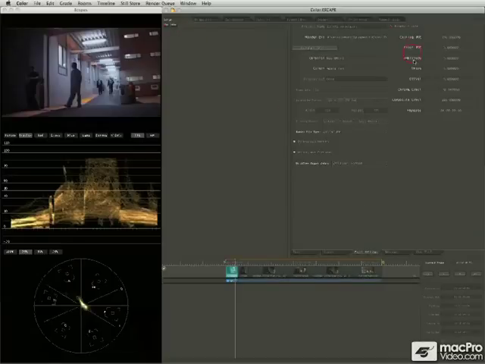And then finally on the right here, the Broadcast Safe setting. This is nice that this is a global control that applies to your entire project. Broadcast Safe, when it's turned on, will prevent you from ever creating illegal values. So, for example, the white lights in this could be completely overexposed, but the Broadcast Safe setting will prevent you from ever having overexposed or extra chroma information in your image, which would be illegal to broadcast on television.